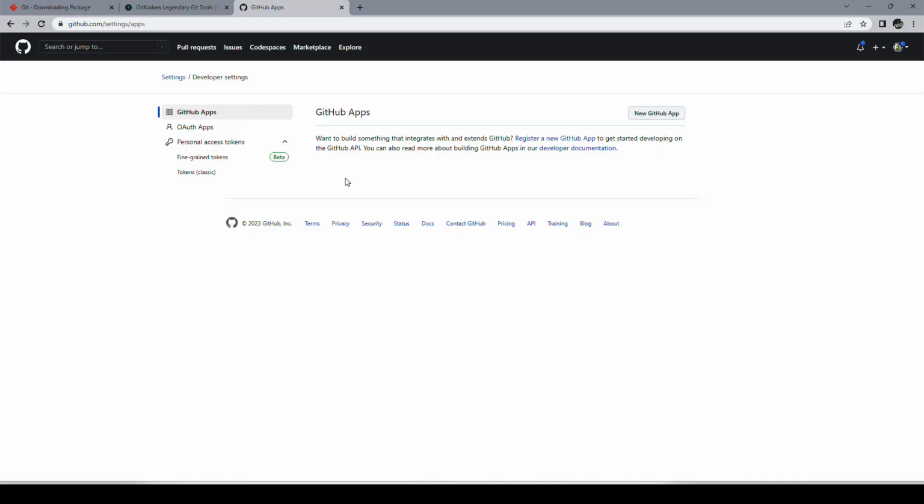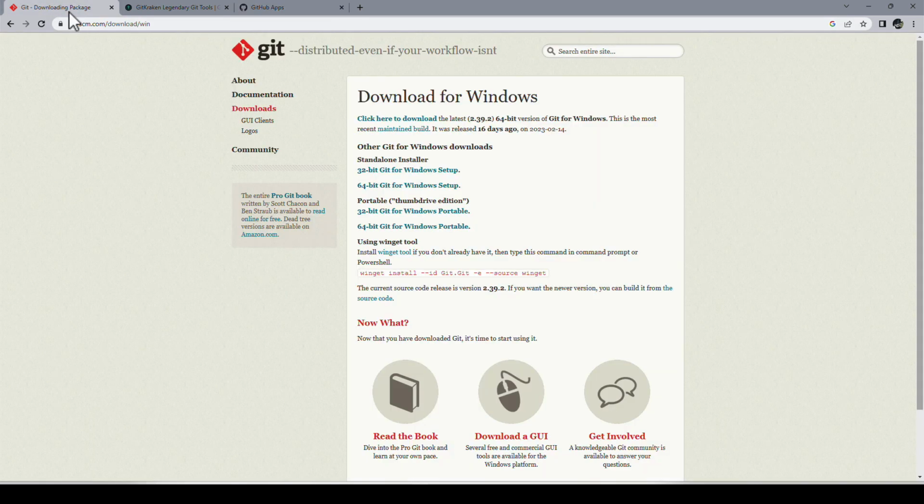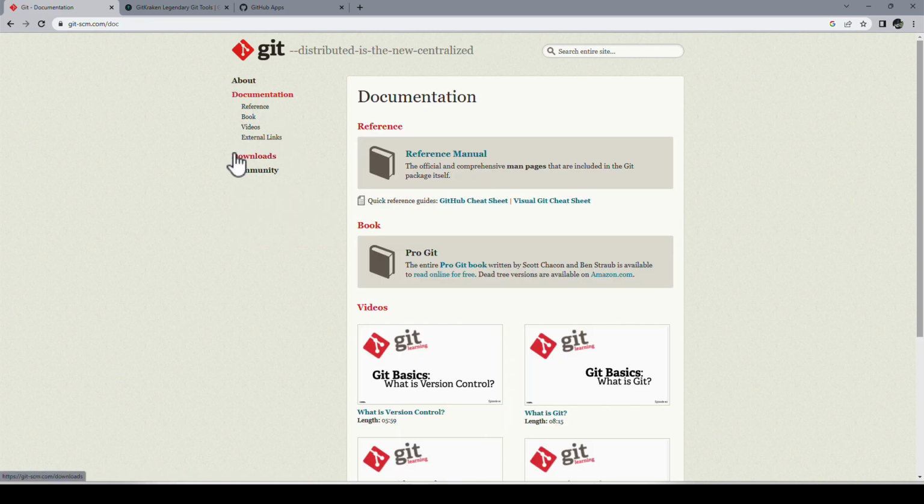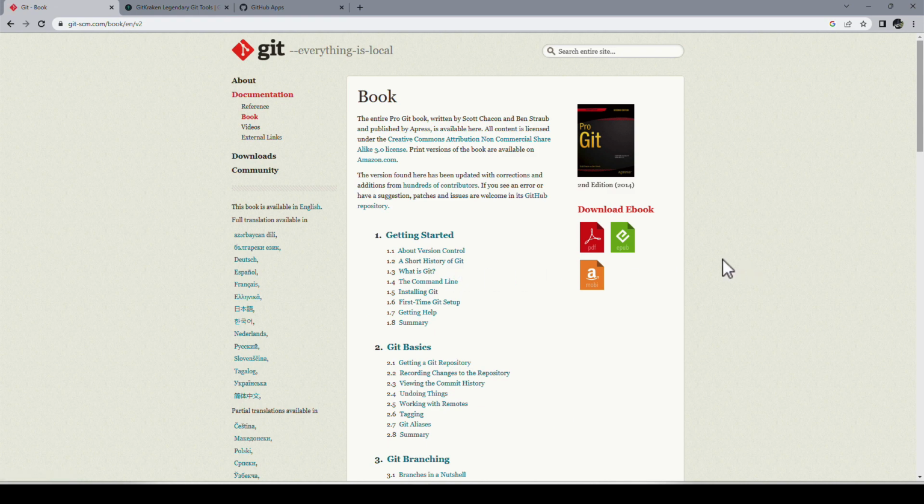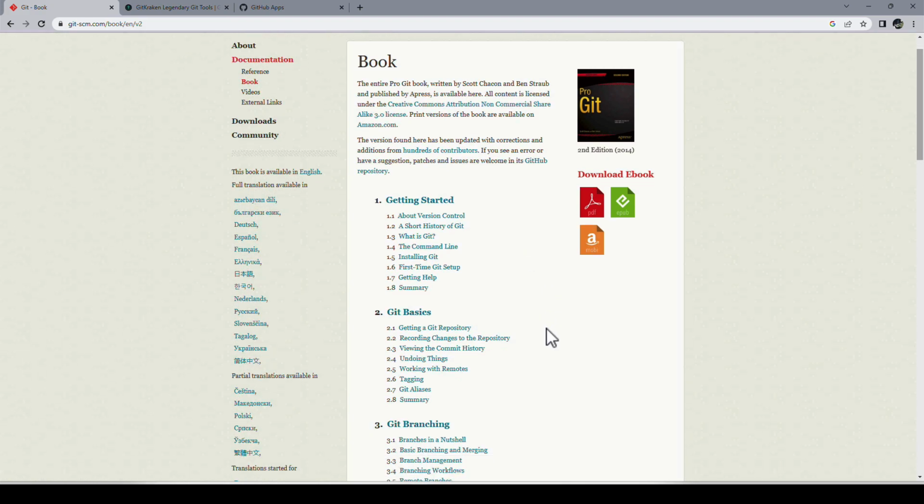I've given you so much information now. Is there a way that you can read about this? Yes, there is. There is a great documentation available. There is the Pro Git book, and it is available online for free. And that is how I learned Git. It shows everything with a command line. That's the great thing.